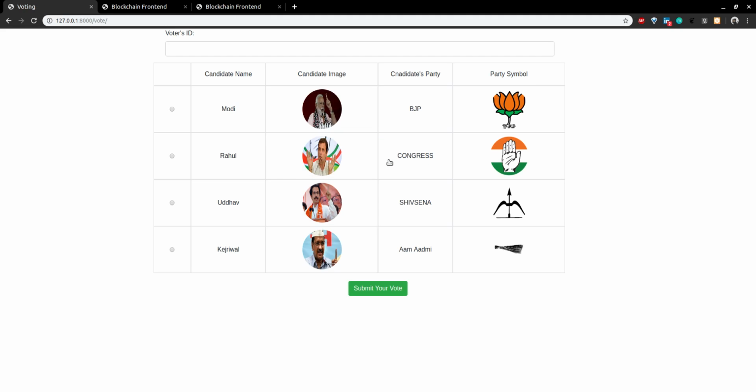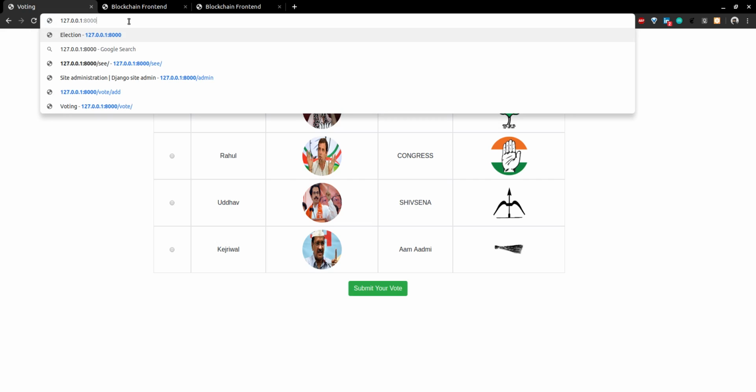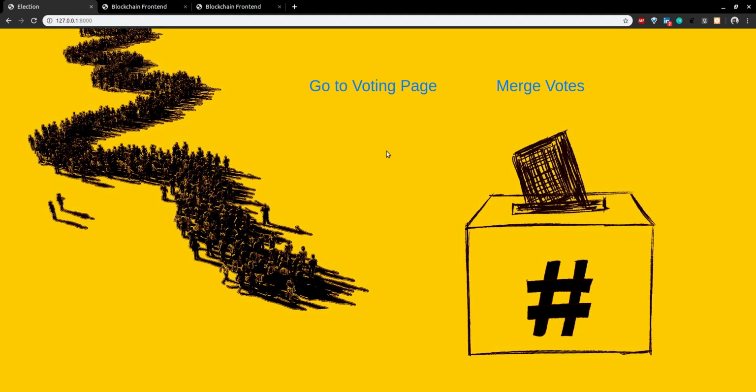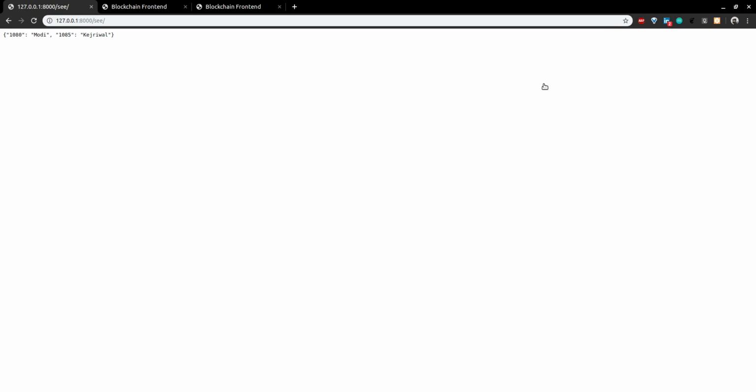So next let us take some other voters. And awesome. So now once the two votes were done, you can go to the home page and after the local elections were done, the offline votes can be merged to the online one. So we can click on it, and so these two votes were merged to the online blockchain, which is deployed